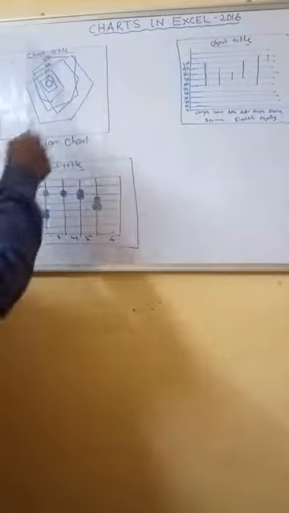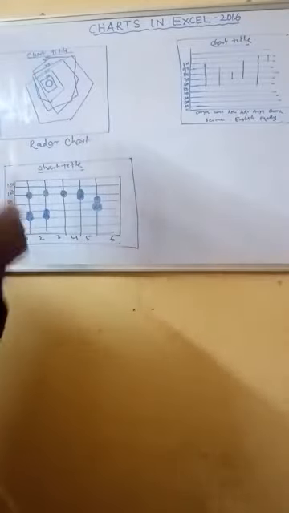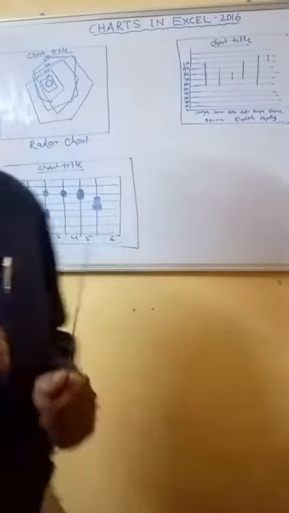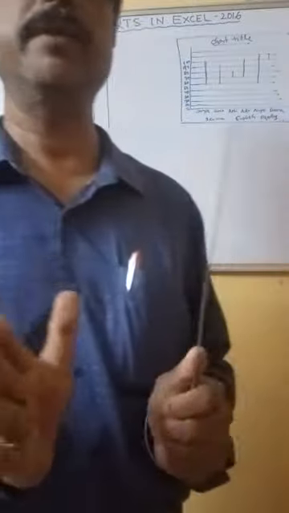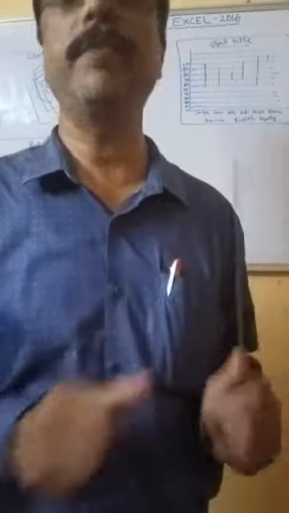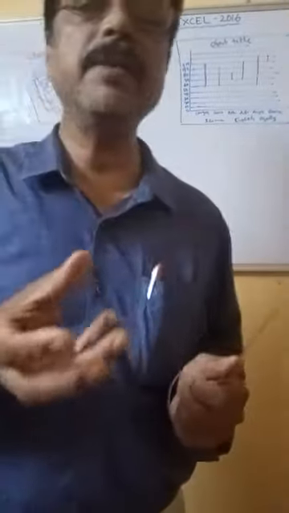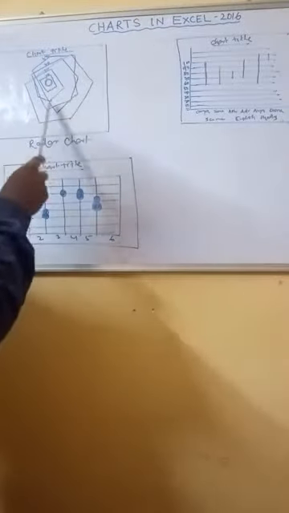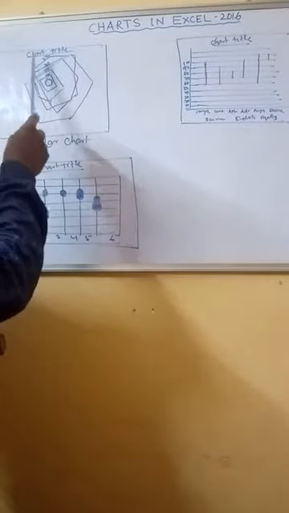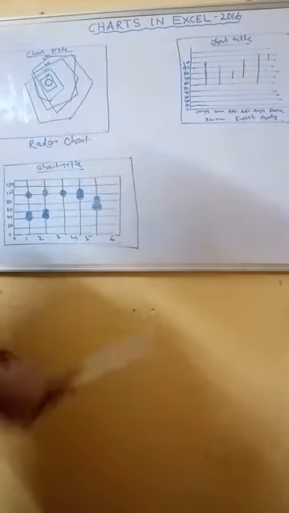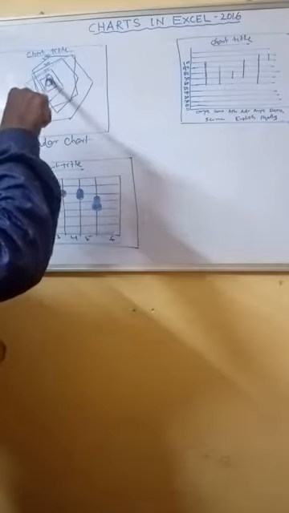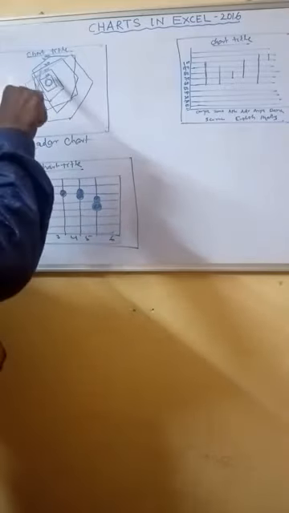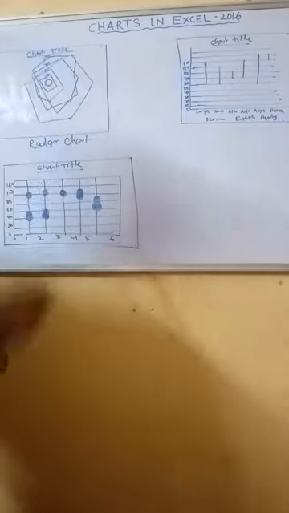Here I have drawn it, you see. The radar chart is one type that we use very rarely, not frequently. Generally, this radar chart is a spider web type. We prepare it in that manner, and it represents how much one value depends upon another one. Its data value starts from the middle, 0, and it moves up like this.